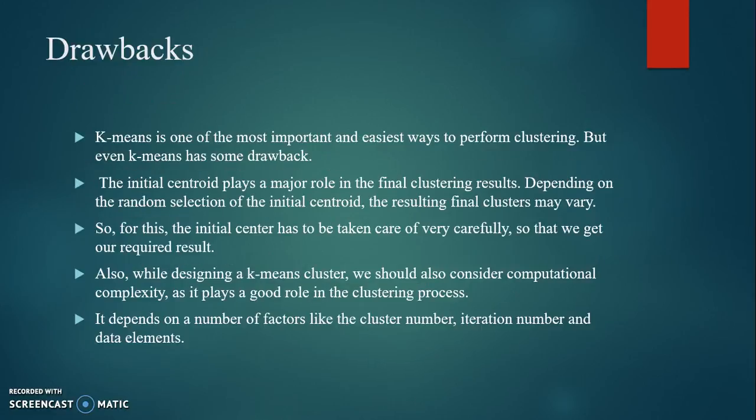Not only advantages, but k-means also has some drawbacks. K-means is one of the most important and easiest ways to perform clustering, but even k-means has some drawbacks. The initial centroid plays a major role in the final clustering results. Depending on the random selection of the initial centroid, the resulting final clusters may vary. So for this, the initial center has to be taken care of very carefully so that we get the required